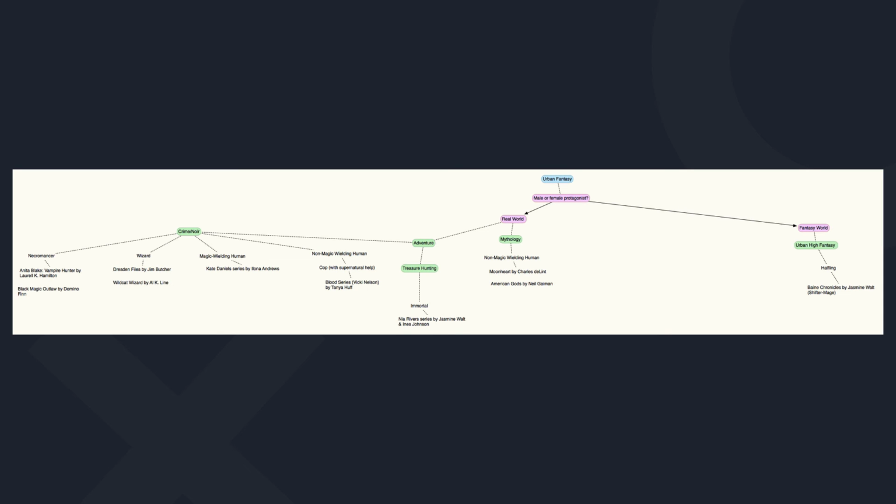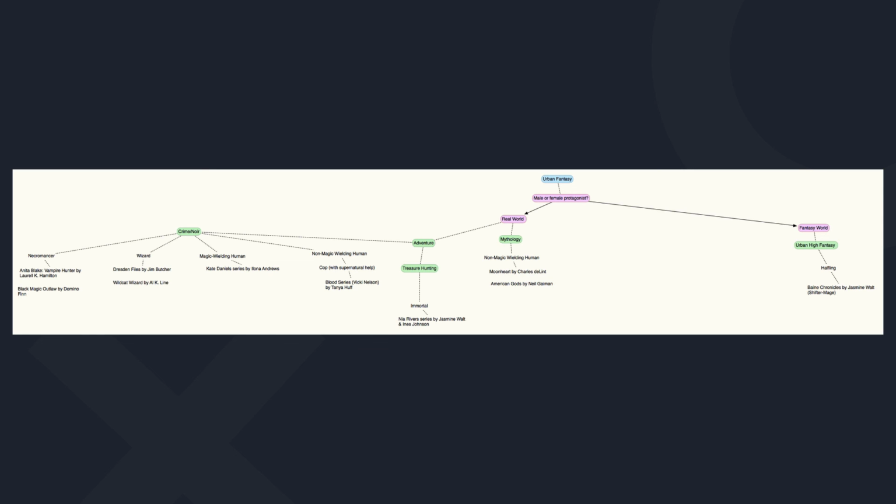So as you can see, the majority of the titles that I've read so far, and this is really just kind of picking titles randomly, they take place in the real world. And then I've got one, which is by Jasmine Walt, which is the Bane Chronicles, which takes place in a fantasy world. So that's what I would call high urban fantasy. Totally different subgenre, totally different expectations, but it is a valid subgenre nonetheless. And as you can see, out of all the things that I've read so far, you can see a huge concentration in the crime noir